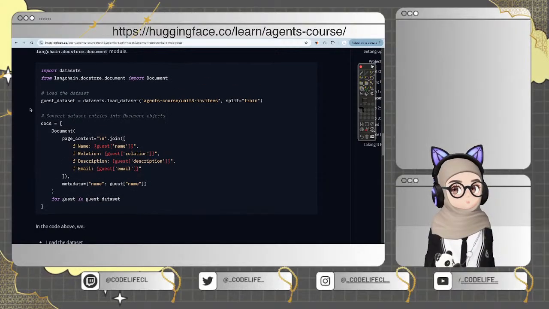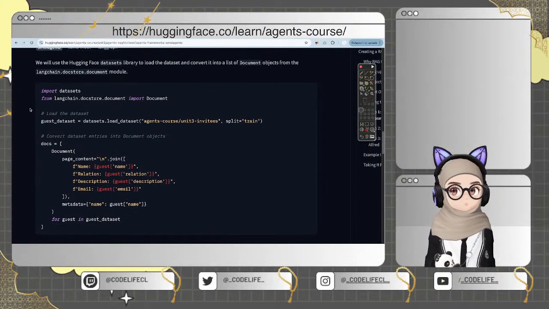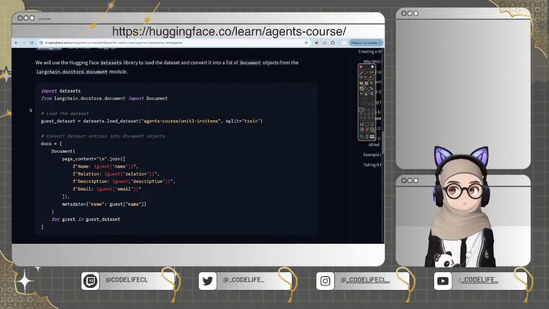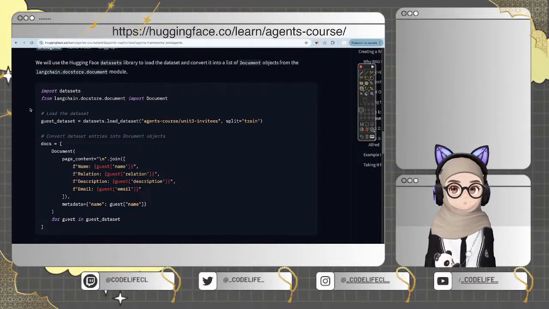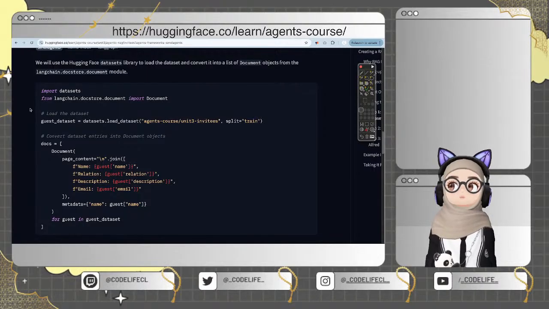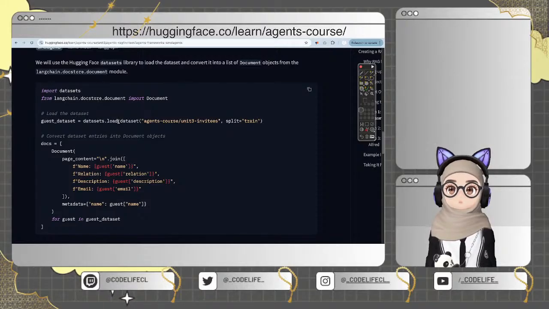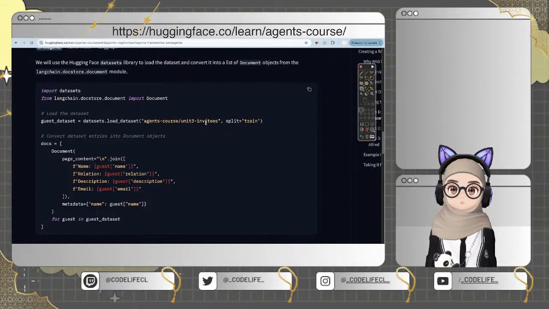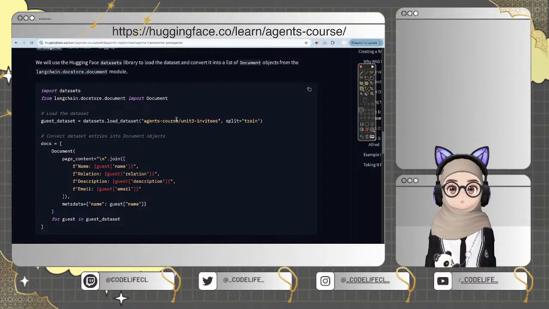This should be normal for the time being, because I'm guessing small agents is using LangChain document object. So, loading the data. We're loading the training split of the dataset, and here we're converting it into a document